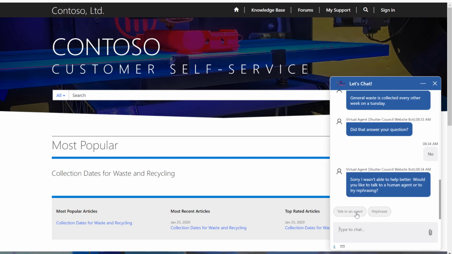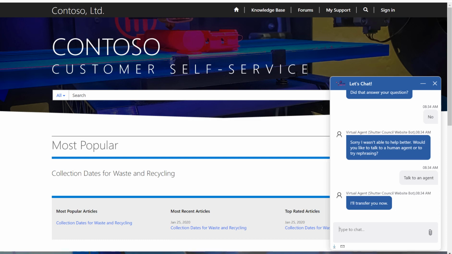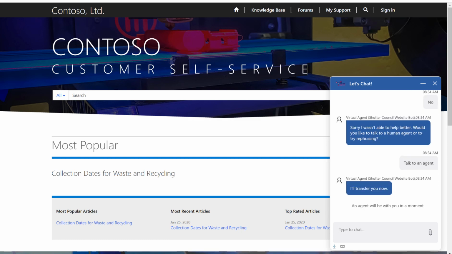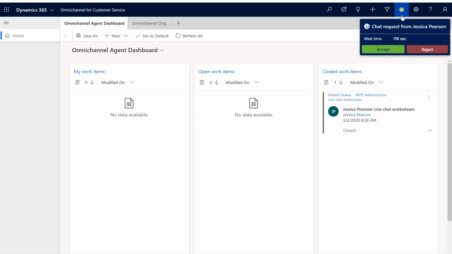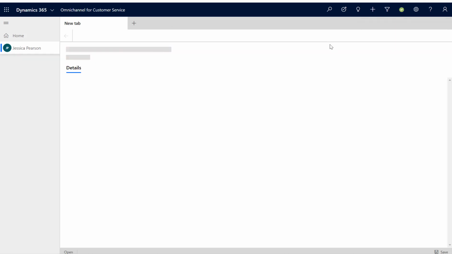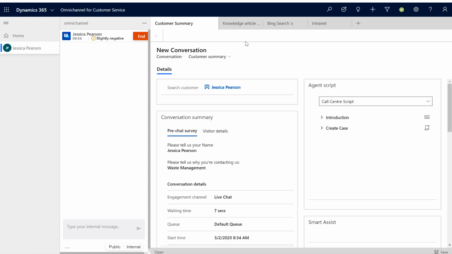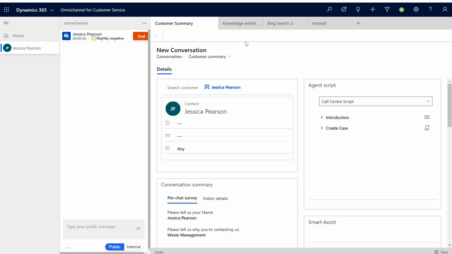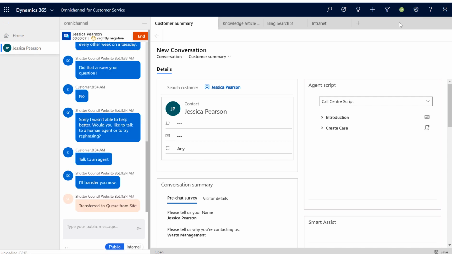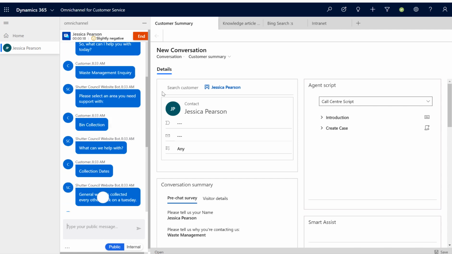using Power Virtual Agent or even a standard chatbot that's using Azure Bot framework, that chat can be escalated to an agent. So I've specified that I want to talk to an agent, and straight away what's going to happen is going to go from available and have that chat be routed to me because I'm the only available agent at this time. The fact that I'm available, it will now go into the fact that I'm busy because I'm now on a call, or I'm now on a chat, or I'm now involved in a conversation.